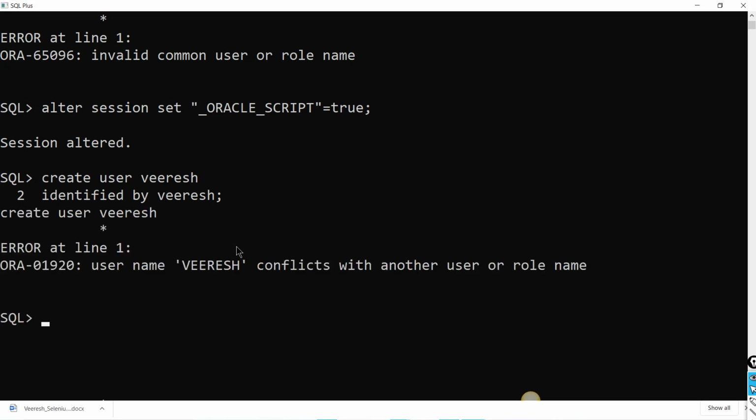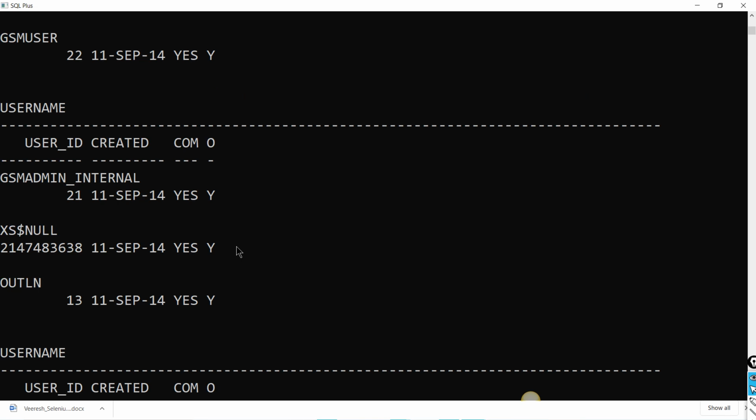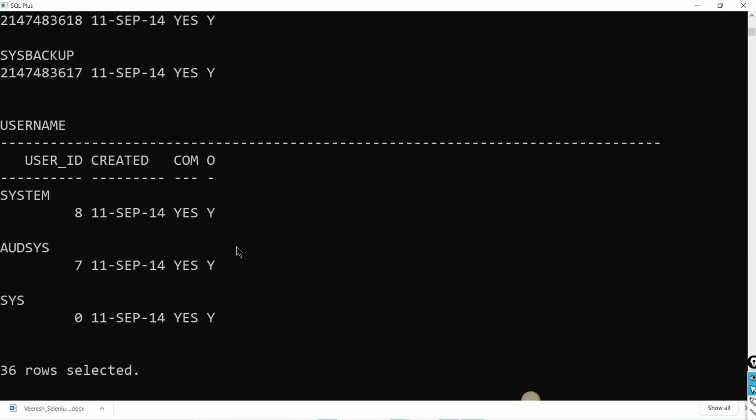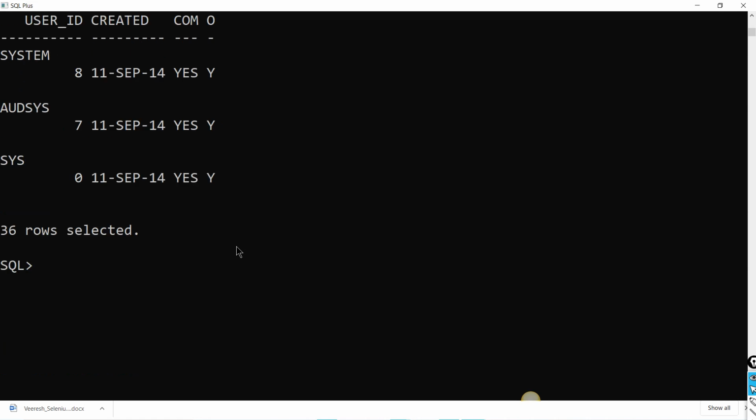So how to check users now? Which user is created now? I'll just try to check for that. Select star from all_users. These are the users available in the Oracle database. So these many. Now I think it's not in proper order, right? It is taking so many pages. So how can I make it in order?